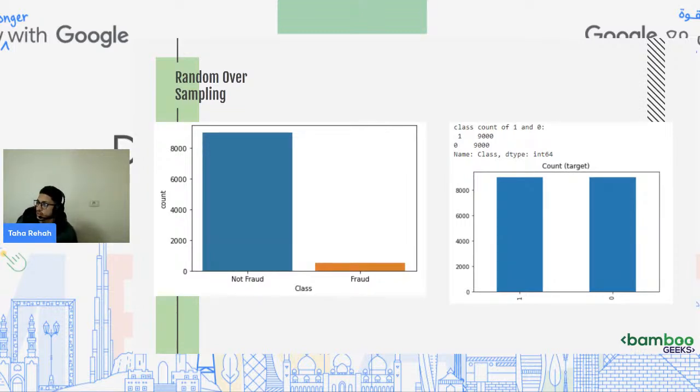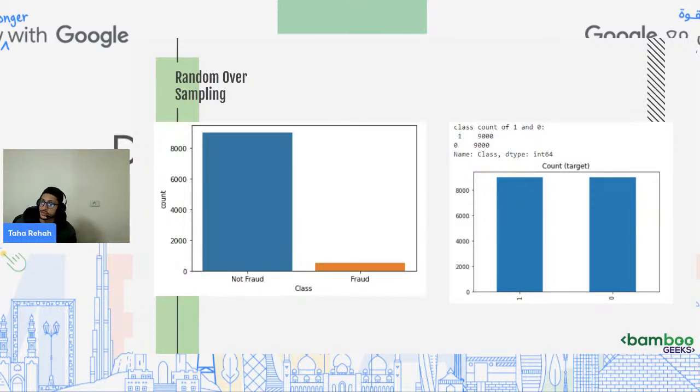You can observe that this is bad because I'm just duplicating values, and maybe duplicating values is going to be confusing for the model, or maybe it can take it to another path. So it's bad. Random oversampling is still good to use in some cases, but you can understand that it's not going to be very useful for the model.